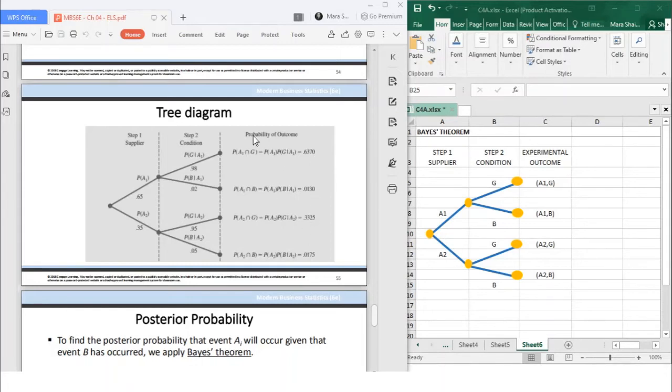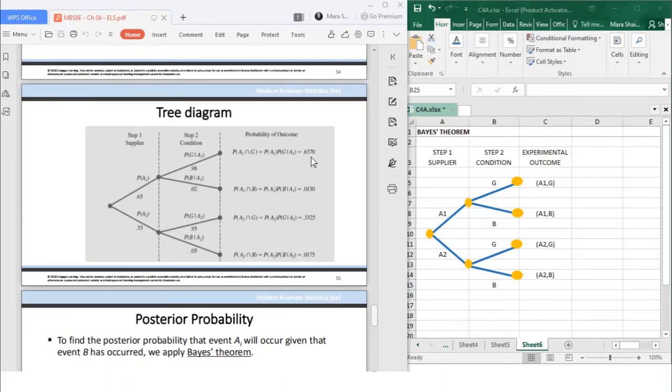This formula comes from our discussion on conditional probability. This is the multiplication law of conditional probability, which you use to get the outcome. So meaning, this 0.6370